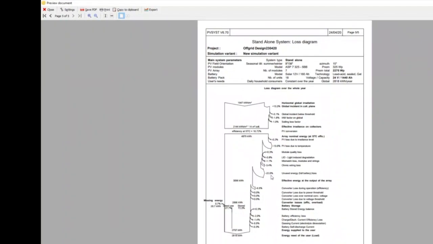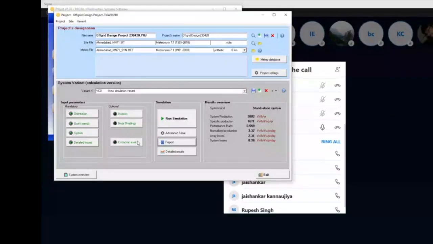If you compare a flowchart of on-grid to off-grid, you can see that in all cases of off-grid, the loss is very much. We can't help it because there are various types of changes in an off-grid system. For batteries, we are converting from batteries, again going to inverter, again from charge controller. So there are multiple components in which conversions are taking place, and due to such a number of conversions, automatically the losses in an off-grid system are more. Fine. Let us close the report.